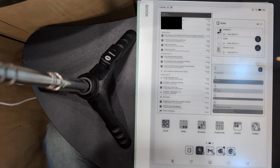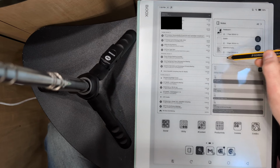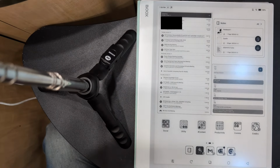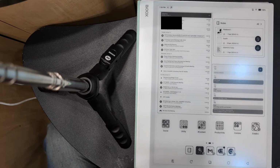By the way, here's some more ghosting, right? So here's that, here's this, right? That's all left over from the control center. And so if I do this, obviously that's gone. It's not doing a full page refresh when it has the opportunity to. And I think that's basically a battery conservation measure, because pulling e-ink down to full white actually consumes a fair amount of current. So if you look at the specifications,